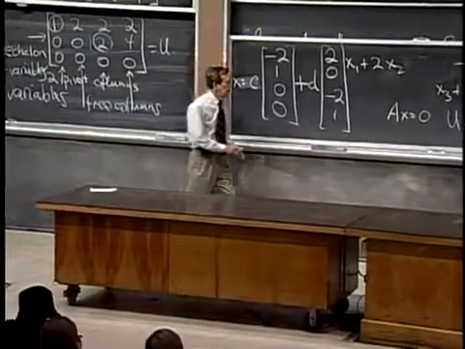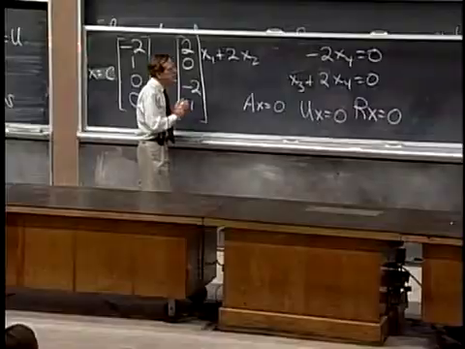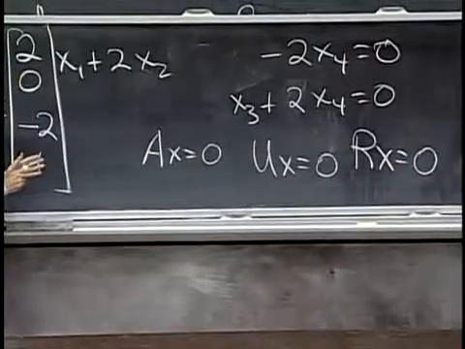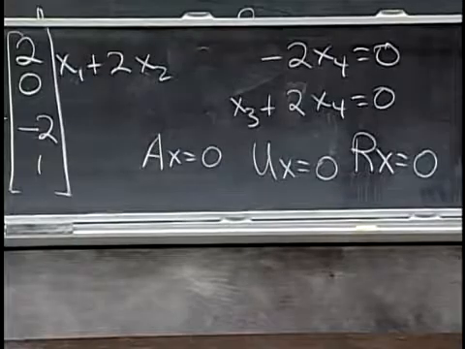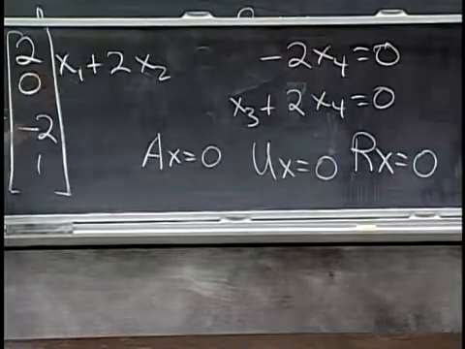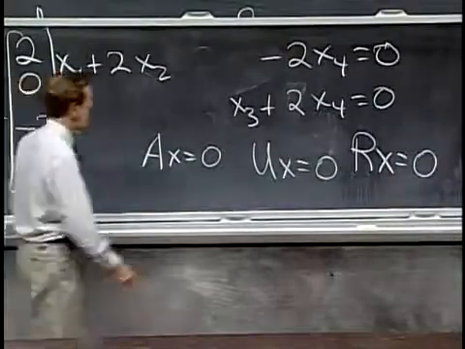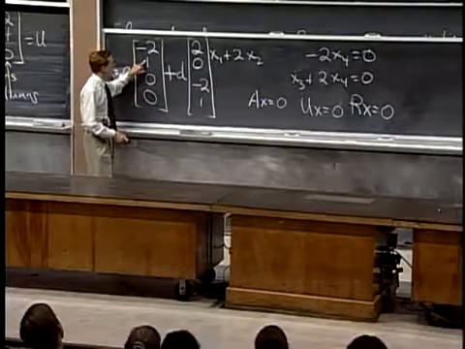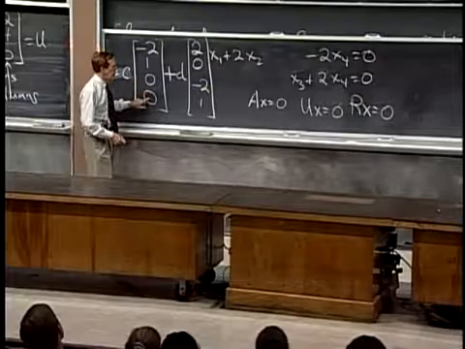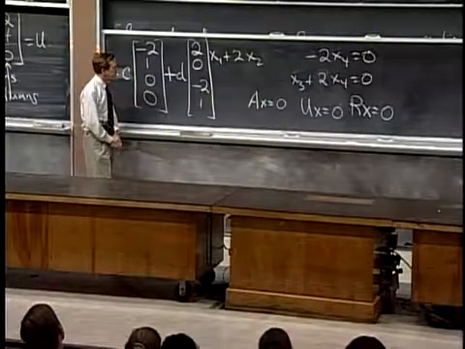Okay, but my point is that now, if I do free variables and back substitution, the numbers are just there. When I let x2 be 1 and x4 be 0,